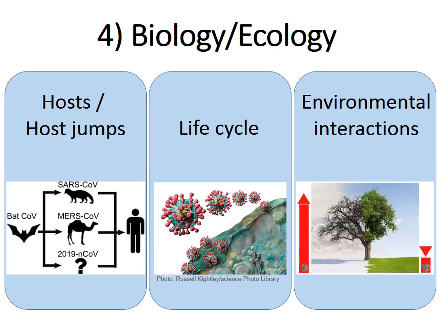In case of the novel coronavirus, we don't know what the intermediate host is, and this is an area for research. In terms of the life cycle, this would relate to how quickly the virus can replicate or make new viral particles, the viral load, for example, and how fast it could potentially spread. For the environment, we know that the disease is more prevalent in the winter and less so in the summer. And again, I have one fungal and one insect example to illustrate these themes. And I'll be starting off with